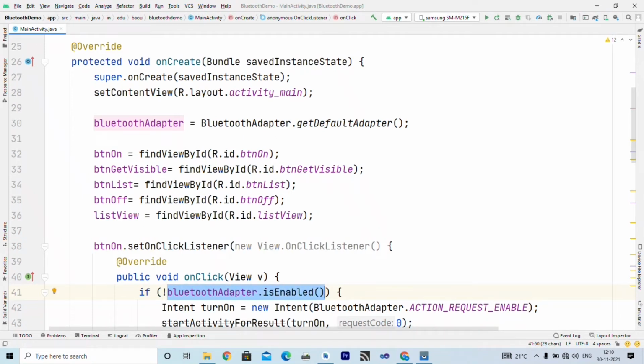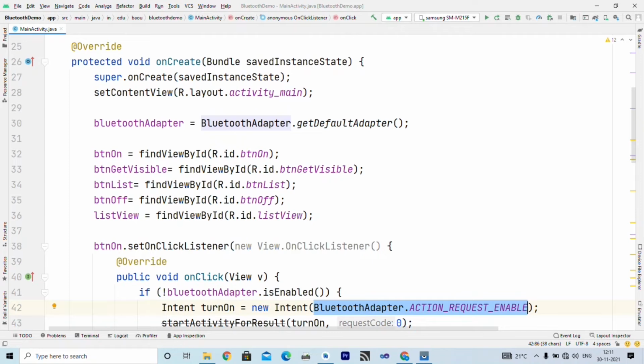If it is enabled, it returns false if it is not enabled. So this condition will be true only if Bluetooth is currently not enabled. If it is not enabled, then we declare one intent object, turnOn, and inside that we create an intent object with action BluetoothAdapter.ACTION_REQUEST_ENABLE.